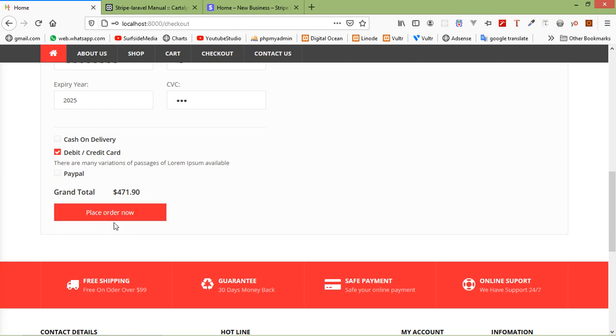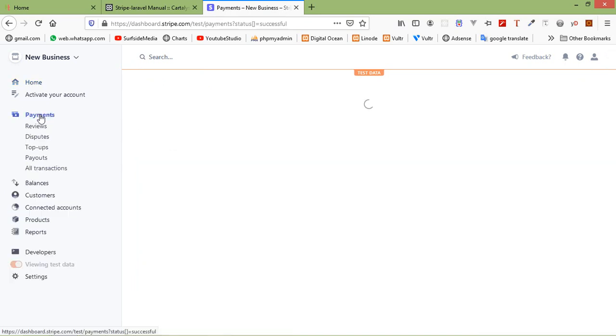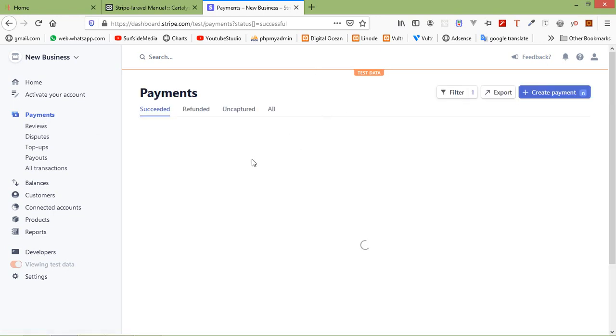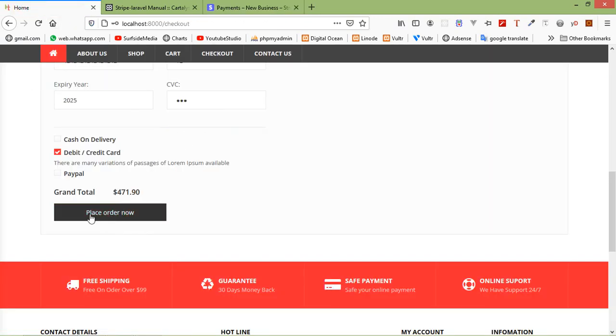Okay, now just click on place order, and you can see here the grand total value is $471.90. Okay, so now click on place order now, and before clicking on this link, first of all, inside the Stripe dashboard, let's check the payment. So click on payment, and you can see here the last payment, which is 588.06. Okay, and now I'm just going to click on this link for $471.90. Okay, so just click on this link,